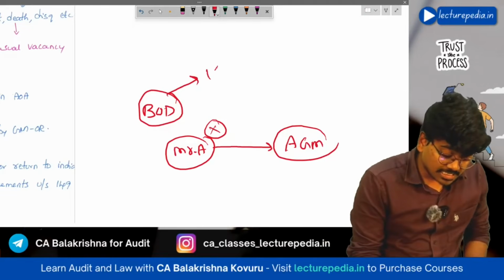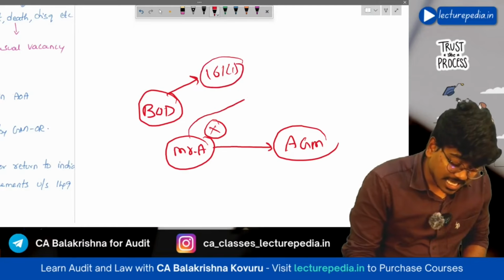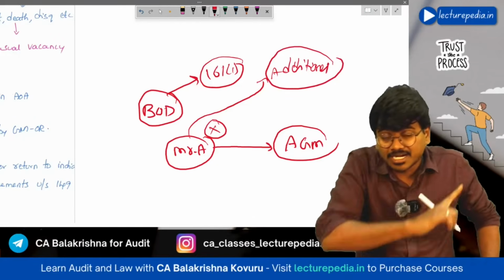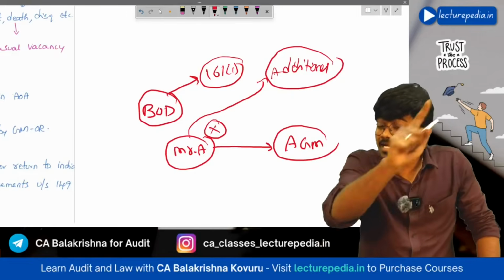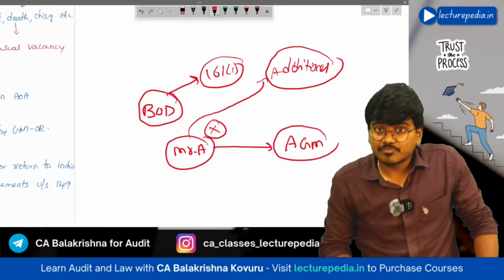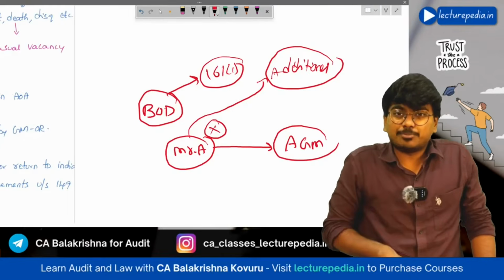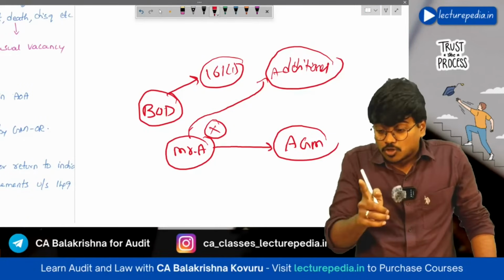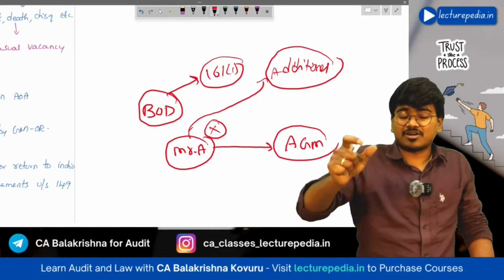They can go to section number 161 subsection 1 and appoint Mr. A as an additional director, right? Because the board of directors has the power to appoint an additional director. They might not have the power to appoint a normal director, but they have the power to appoint an additional director. So there is a chance that the board of directors might misutilize their power to appoint Mr. A as additional director. So to avoid this misutilization, section 161 subsection 1 says that